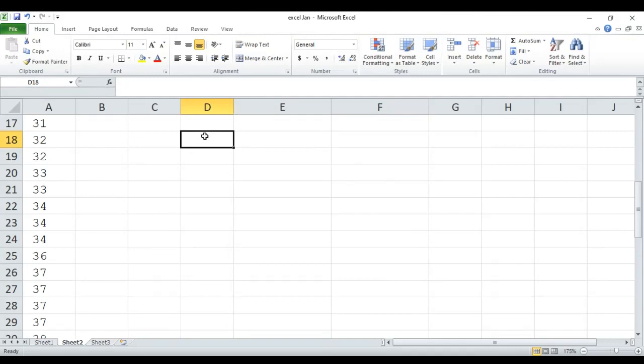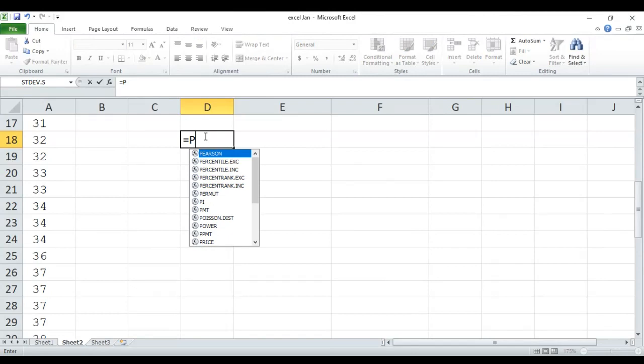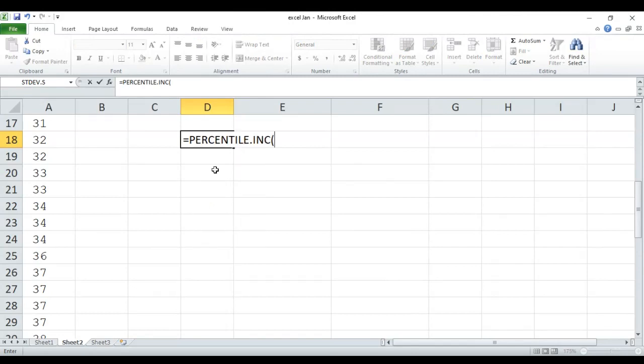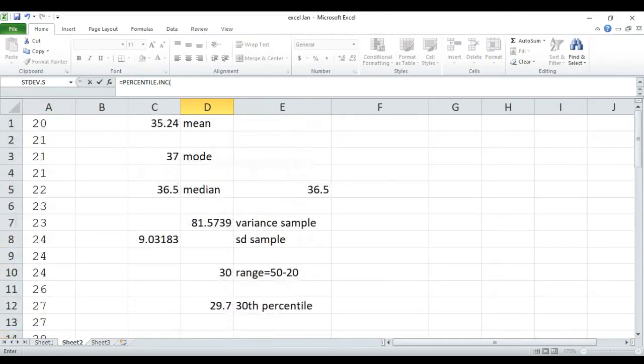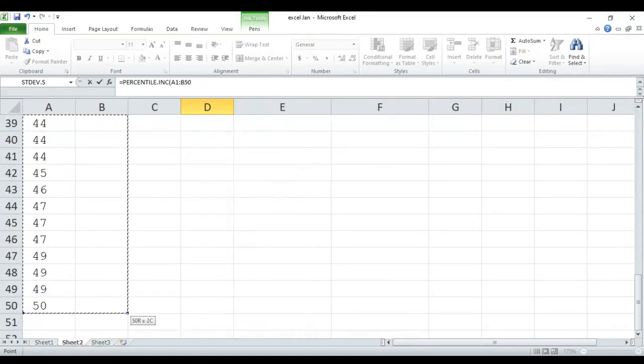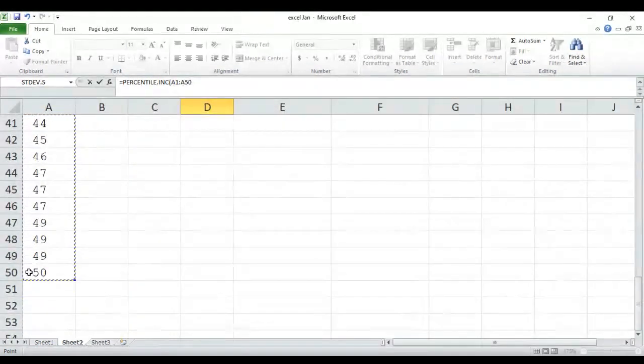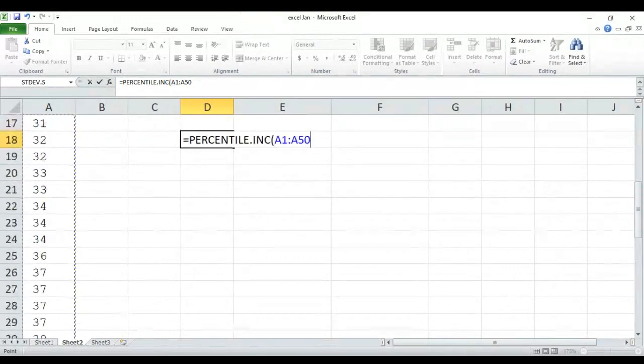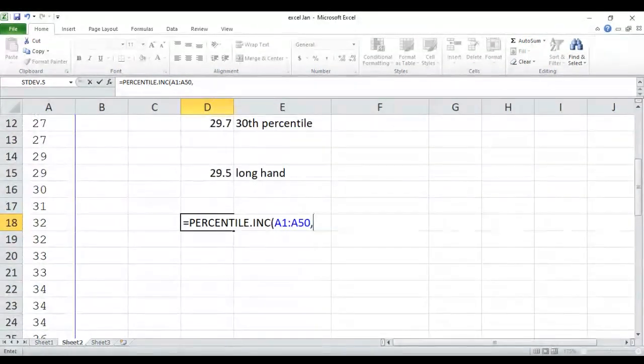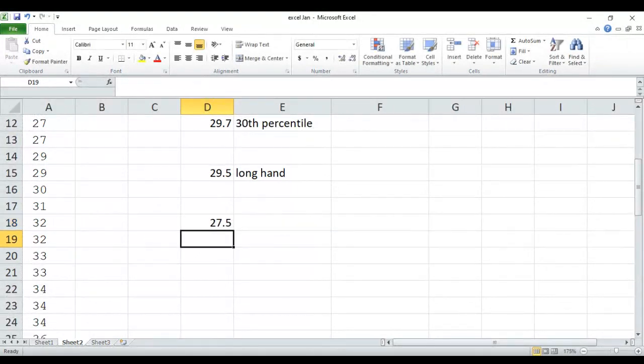So if we do quartiles, we could either do percentile including, and take all our numbers, and then we want the 25th percentile, 0.25, and we get 27.5,